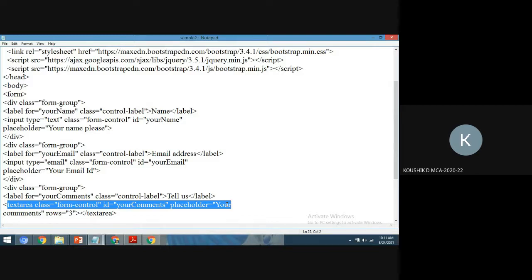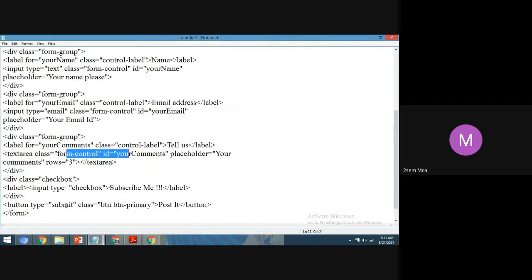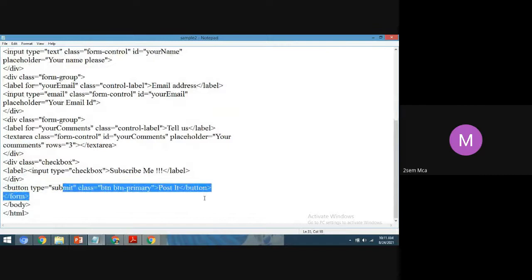Use text area. Anybody? The third, we are using a text area, and we have a checkbox, and then we have a submit button.